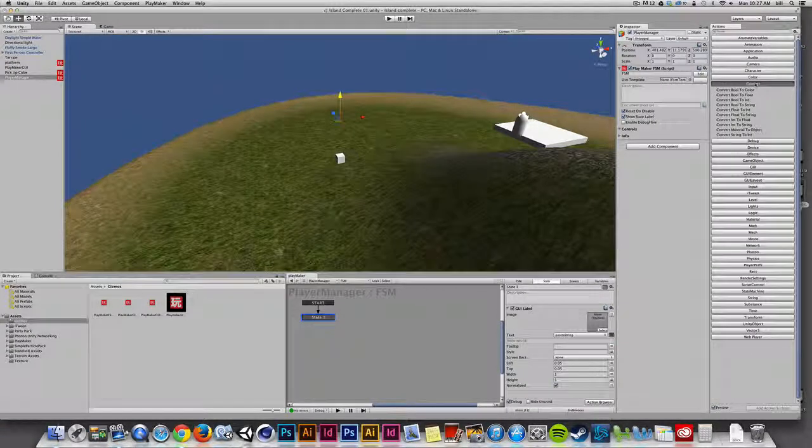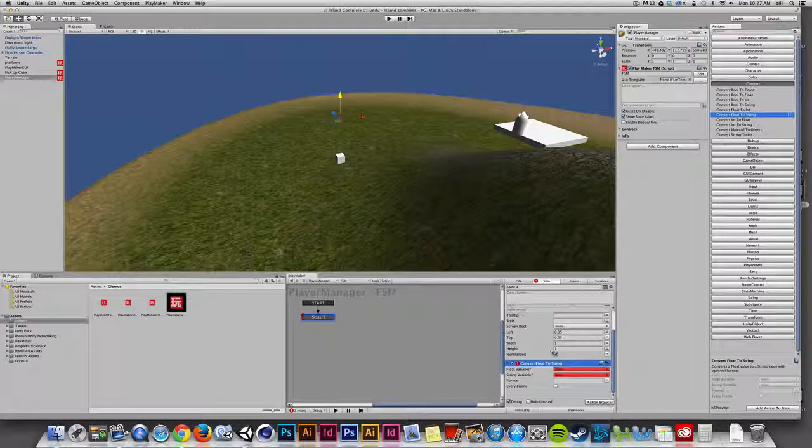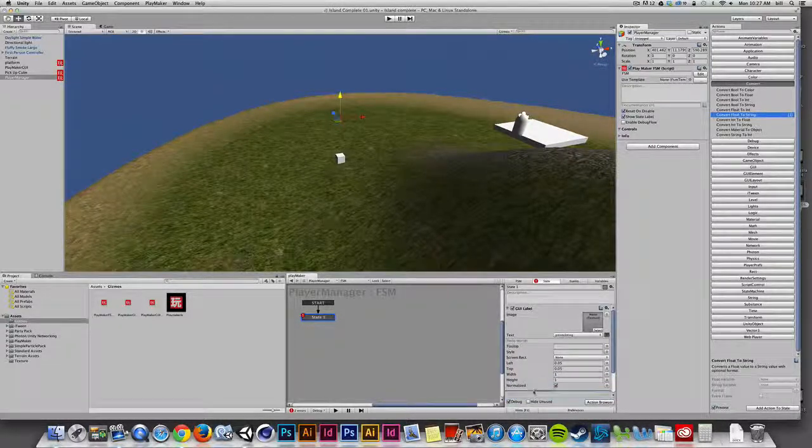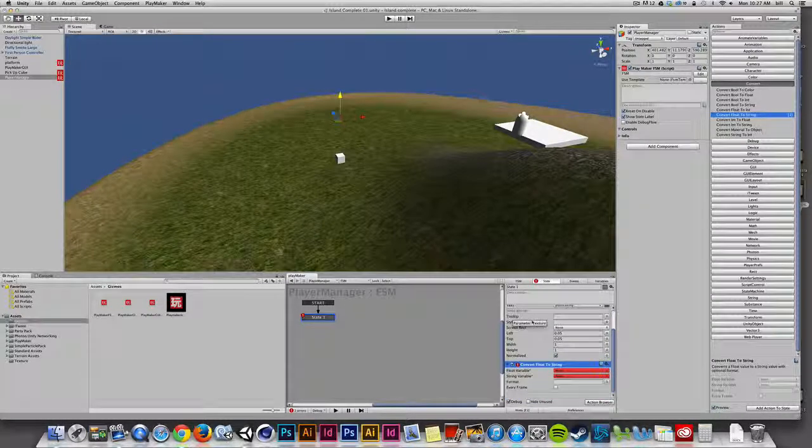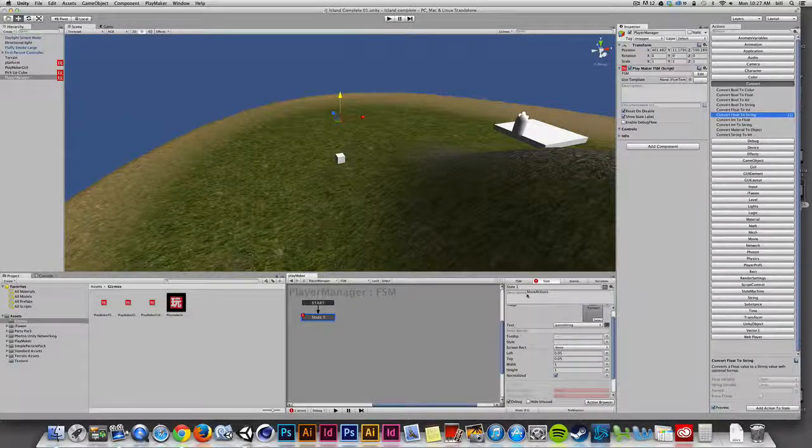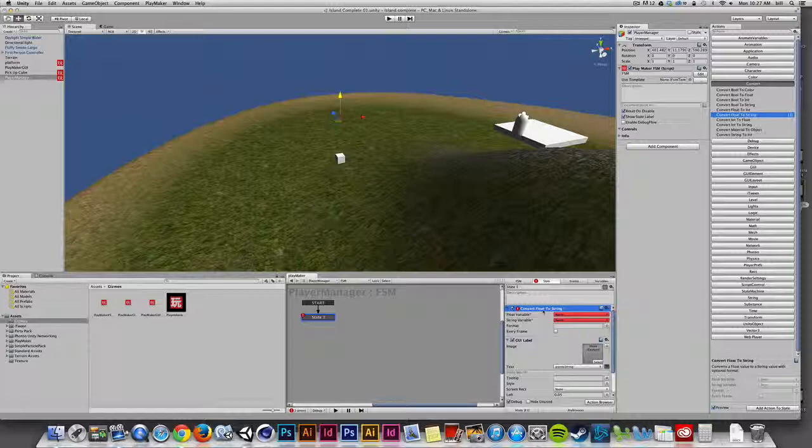I'll go into the convert category, and you can see that I can convert one float type to another. What I'm interested in doing is converting a float to a string, and I'll just borrow this same action that I'm using. I'll double click, and I'm going to move this up to the top of the stack just so that I don't get any strange results. So let's try that again. I'm going to take my convert float to string,